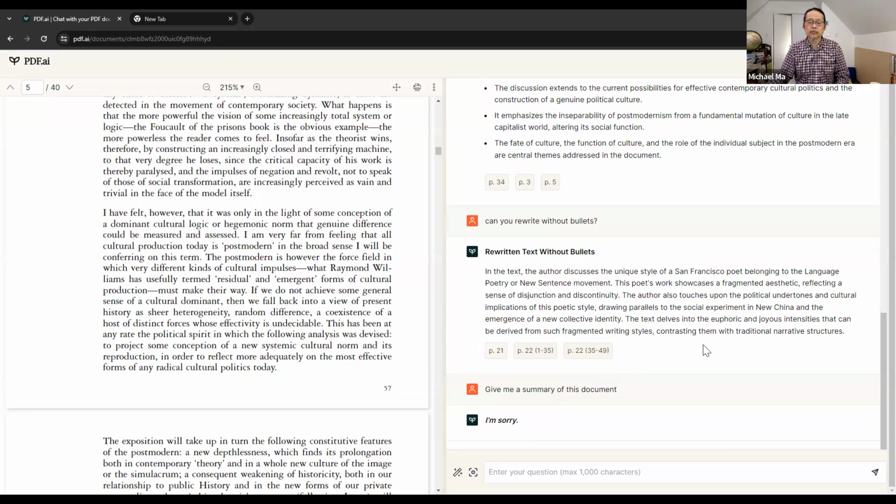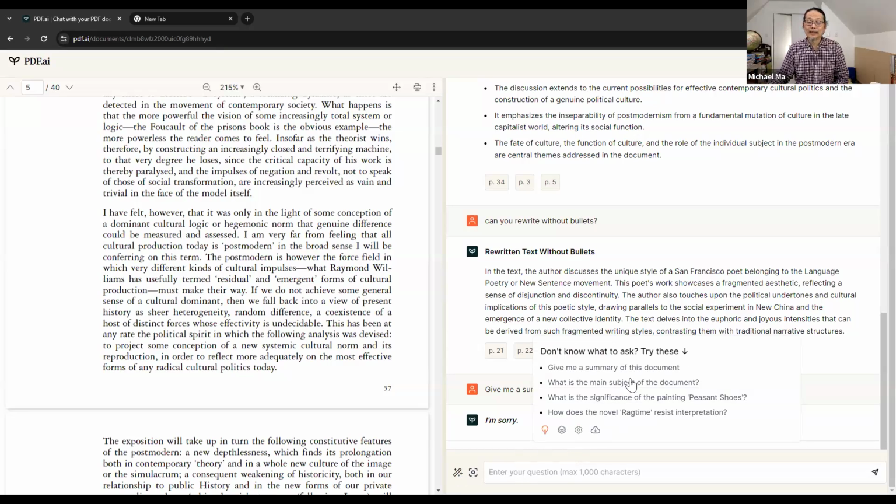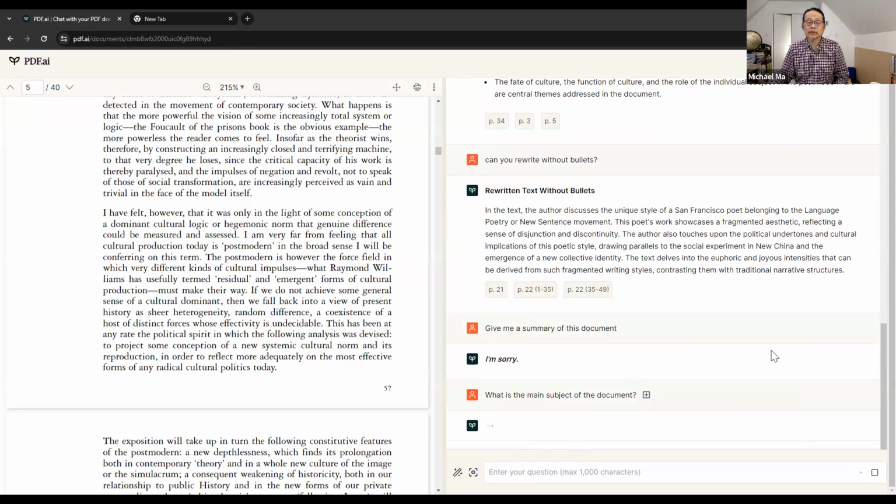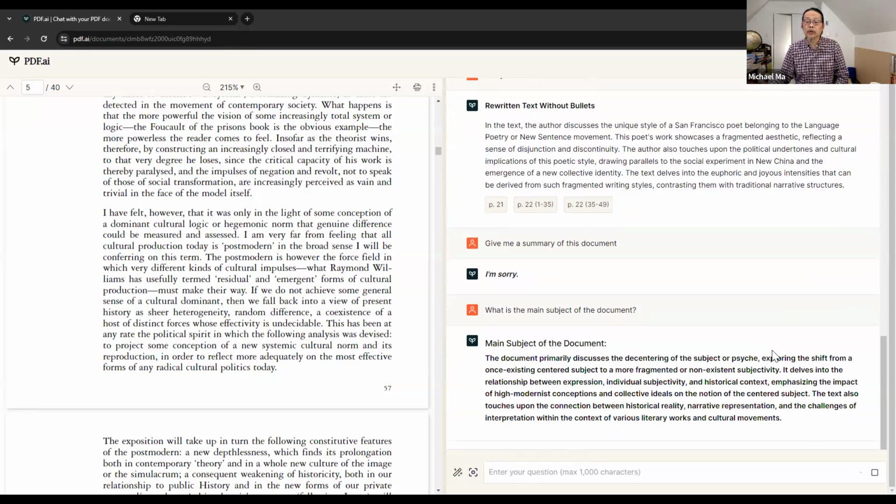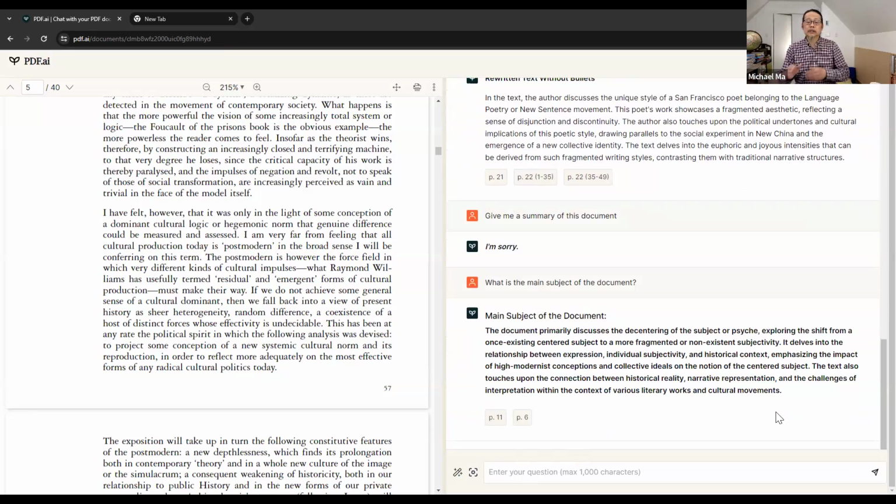I'm sorry. That's not very good. Okay, it's seeming to fail here. What's the main subject of this document? Oh, here we go. The document primarily discusses the decentering of the subject or psyche, exploring the shift from a once existing centered subject